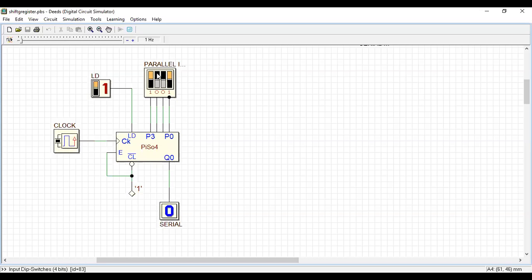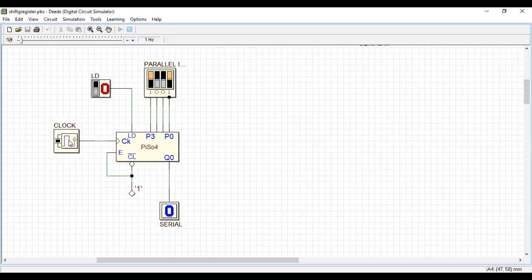Now this is my input. I have given 1, so I want to load the data into the flip-flop. I'll apply a clock. So the first one has come here. There is no need of shifting here because it is the first one. For the second, 0, I'll make this 0 and apply the second clock.